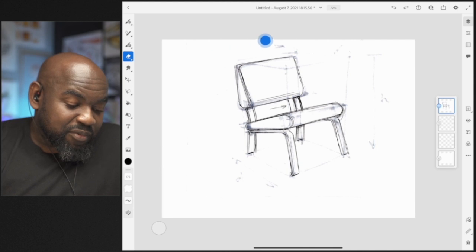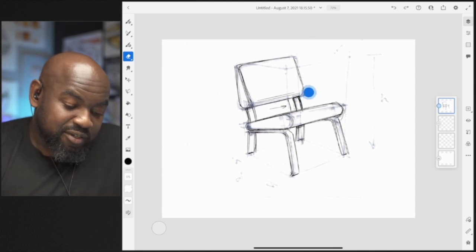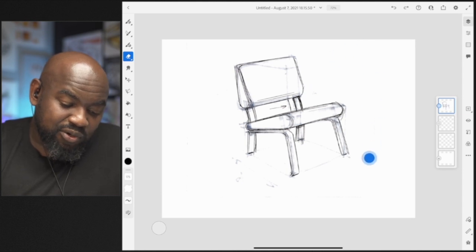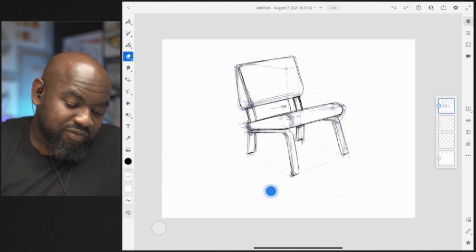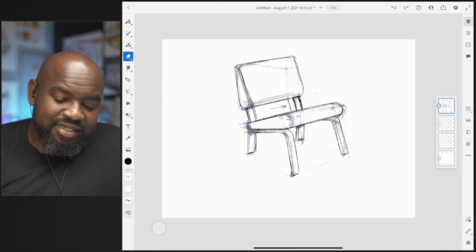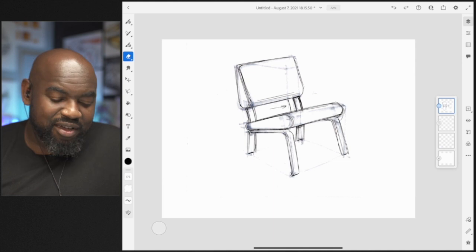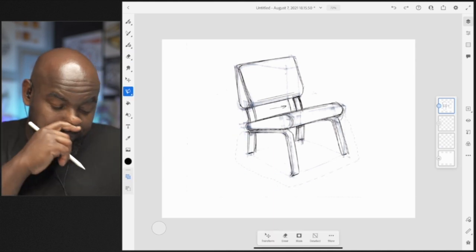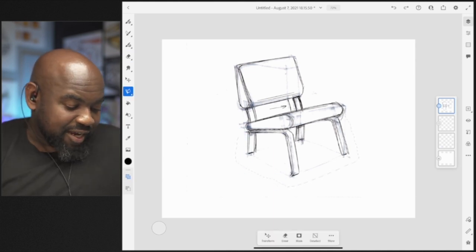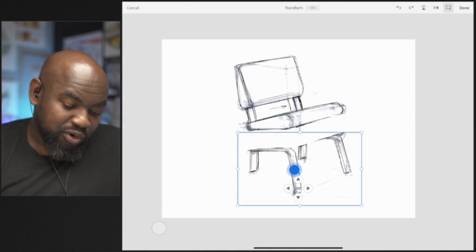Speaking of erasing, let's tap the eraser, and now I can clean up just on the outside of this sketch anything I don't want as a part of the sketch. Now, looking at my design, I realized that I made my chair a little short and stubby, and this is one of the ways I speed up my workflow, where I can take a part of a sketch and move,